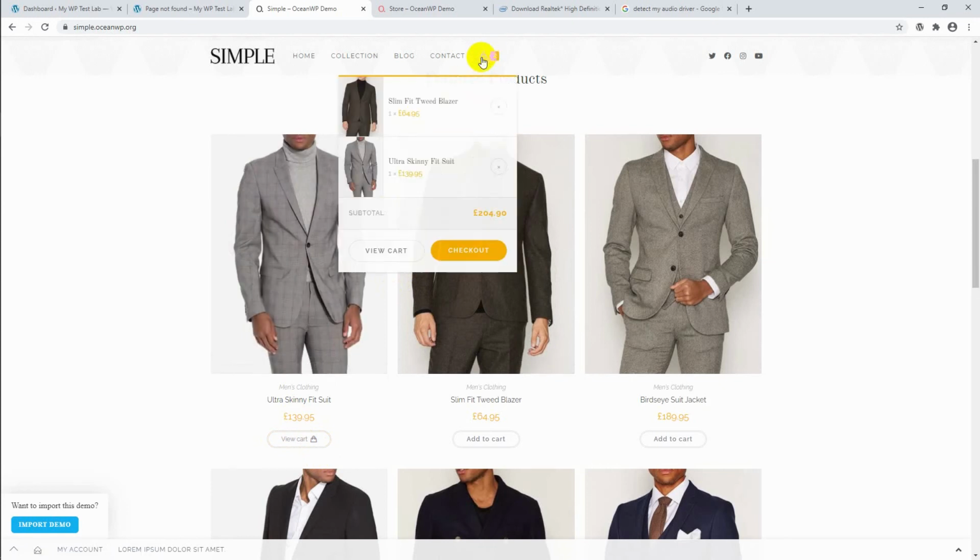Here you can see, previously I had added one, and now I have just added another one, so it's two products added here. Let me view the cart. We can view the cart from here, or we can directly go to the checkout page from here. So let's view the cart,